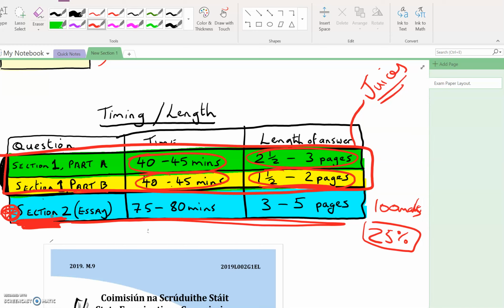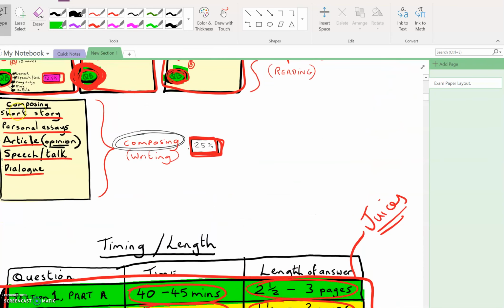Now, if some of you like doing it that way, by all means do it that way, but it wouldn't be my thing to do. And of course, in later videos, we'll take a look at these things as well, particularly the ones that people love, the personal essays and the short stories. Okay, now that's just a brief